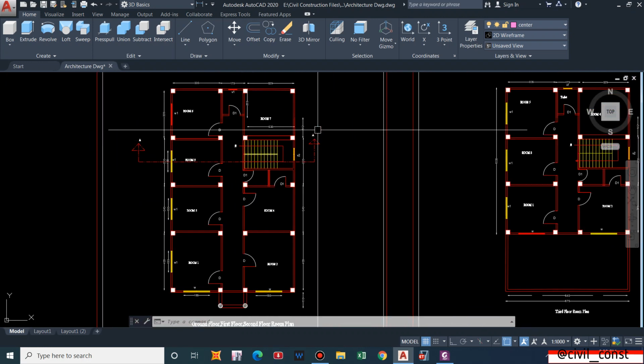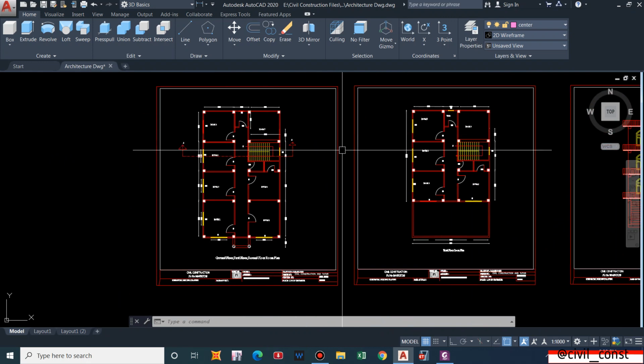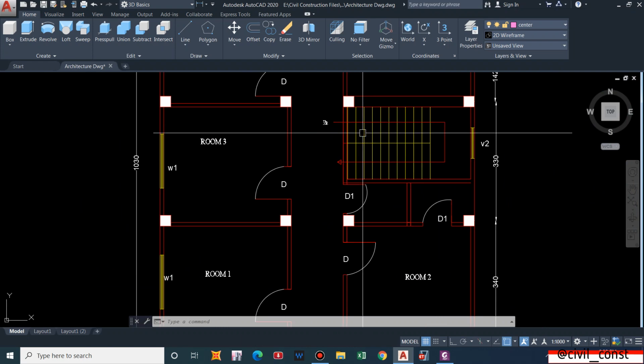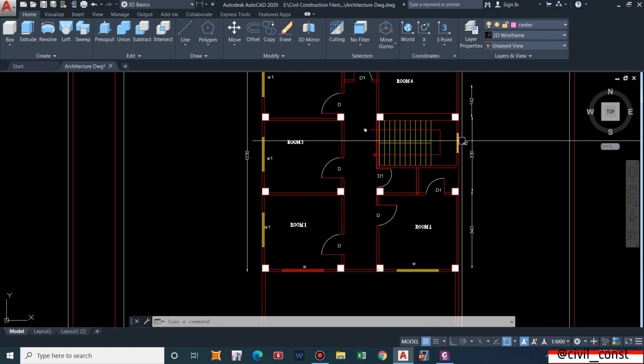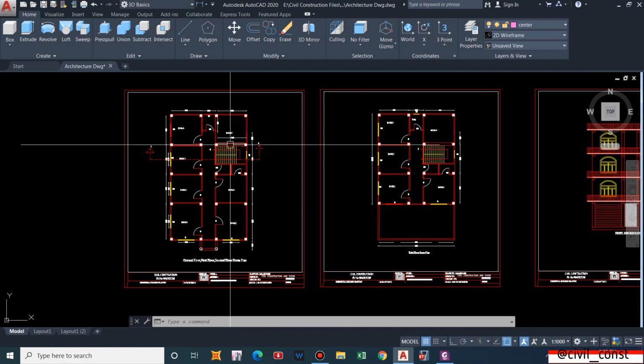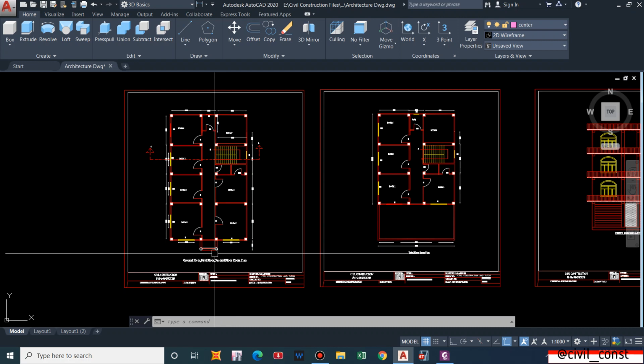Similarly, the slab I will be taking is 5 inches, that is 127 mm, and for the staircase I will be providing a 150 mm slab. So these are the general sizes of the structural elements of the building.